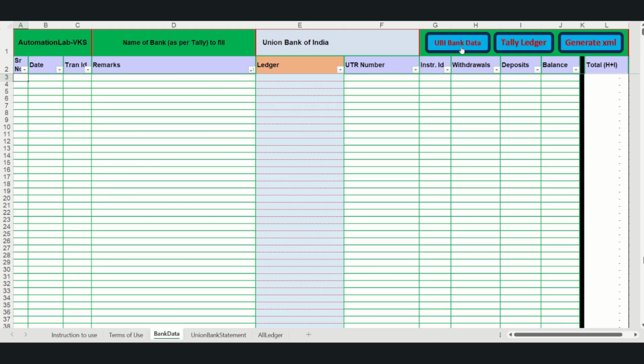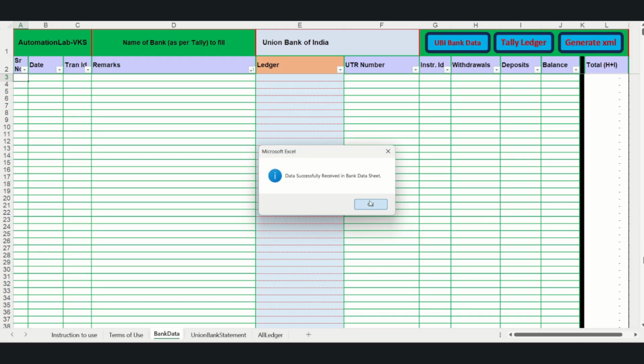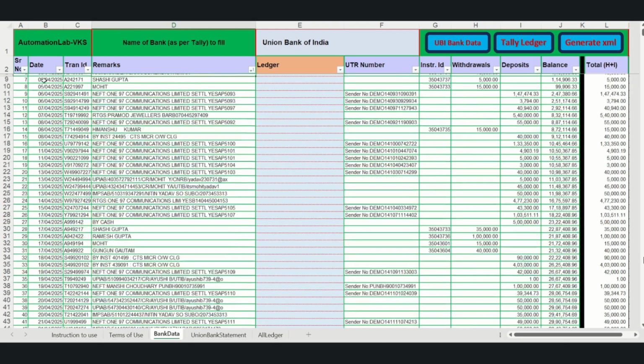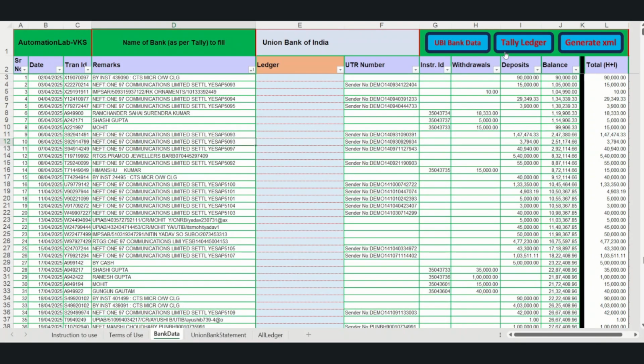Fifth, to get the bank transaction data into the Excel sheet bank data, we have to press the icon named UBI Bank Data. By pressing the icon, all data will be successfully received in the bank data sheet from the Union Bank statement sheet. Sixth, to get all ledgers in the Excel utility, we now press the icon Tally Ledger